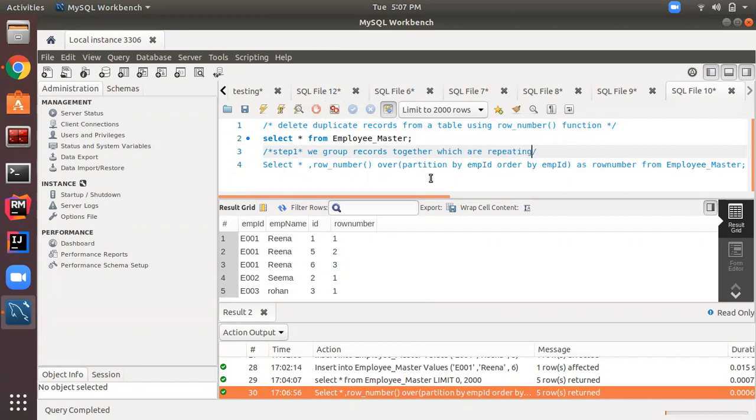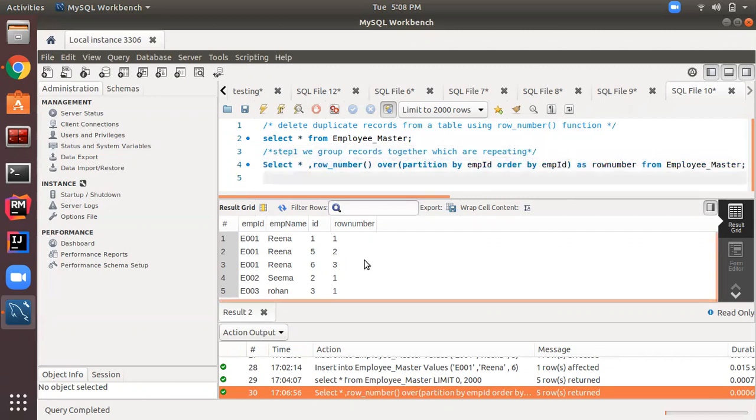Then in the second step, I will extract the ID of those records which are repeating, that is, I will find the IDs 5 and 6 of the repeating records from this table.